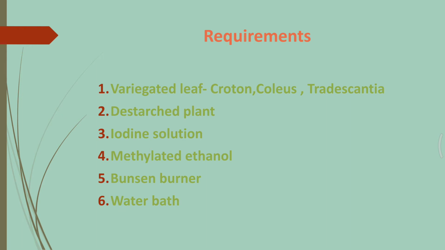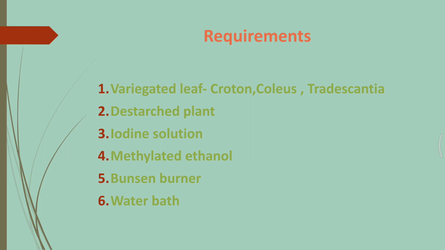So that is one important thing. The variegated plant at first we need to take, and we need to destarch it by keeping it in a dark environment for around 48 hours or even 72 hours. So if you put a plant in dark condition for 2 to 3 days, the starch which is there in the leaf will all get exhausted because the plant will utilize it for its own requirements. And then after that we take out the plant and perform the iodine test.